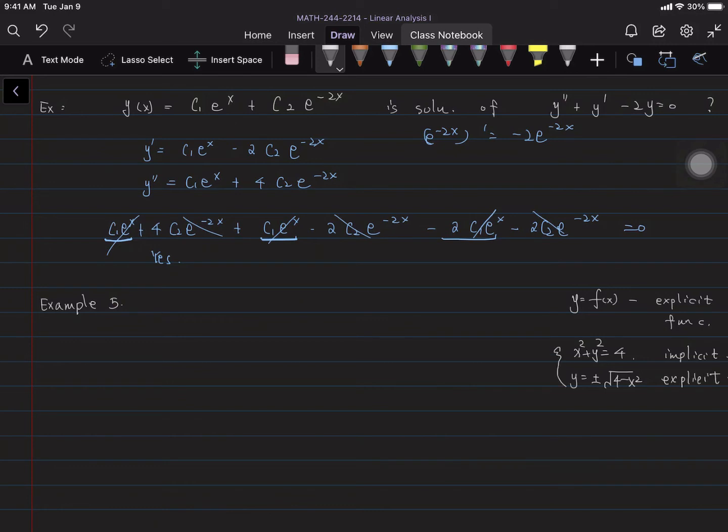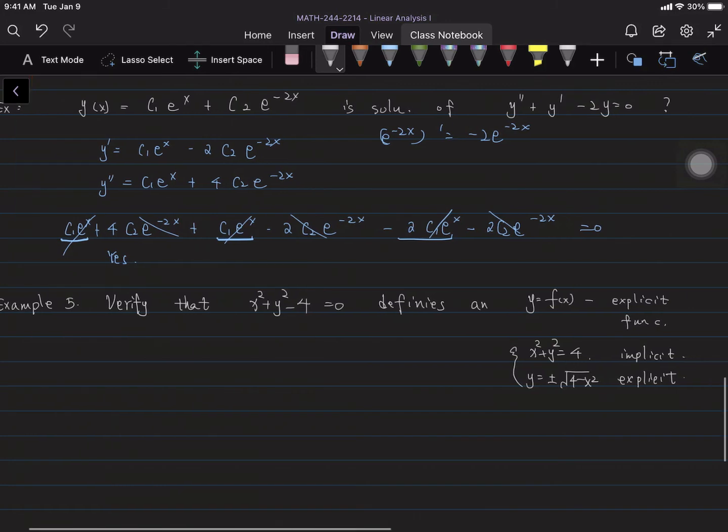So what is implicit, what is explicit? Implicit means the function is given by a relation or by an equation. By explicit, that means we can write out y equals f of x. So here we have solutions. Let's take a look at the example. Verify that this relation defines an implicit solution